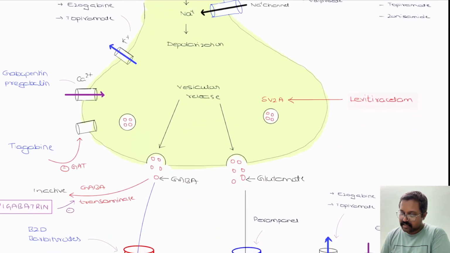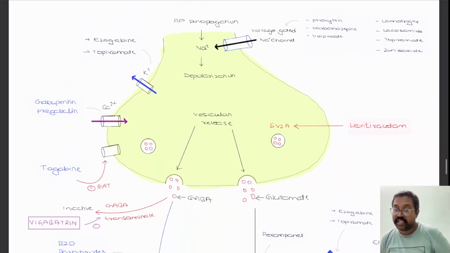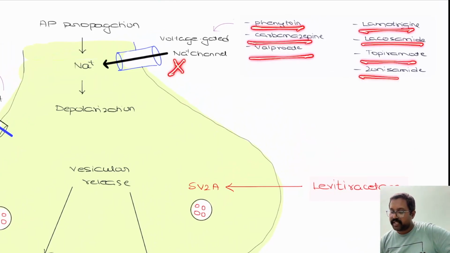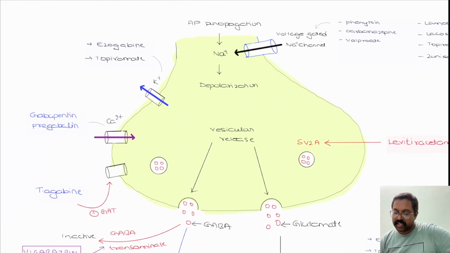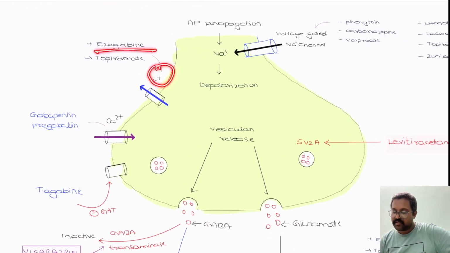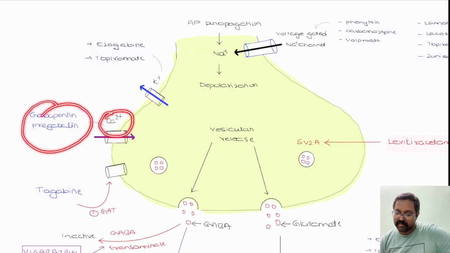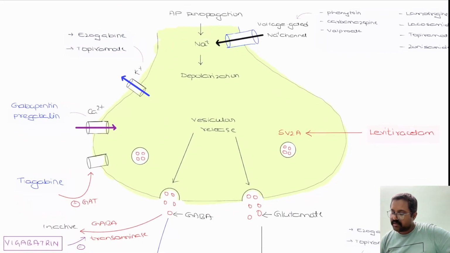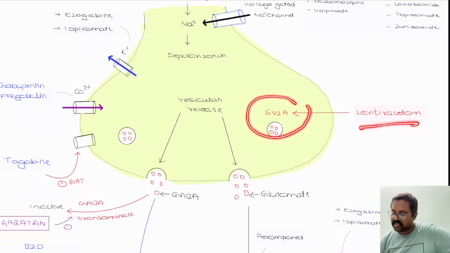So this is the diagrammatic representation of the mechanism of action of different antiepileptic agents. As you can see here, this is the voltage gated sodium channel which will be inhibited by phenytoin, carbamazepine, valproate, lamotrigine, lacosamide, topiramate, and zonisamide. On the other hand, potassium channel openers are ezogabine and topiramate. We have the drugs which bind to calcium channels, that is gabapentin and pregabalin. We have tiagabine, which inhibits the activity of the GAT transporter, and we have levetiracetam, which acts on the synaptic